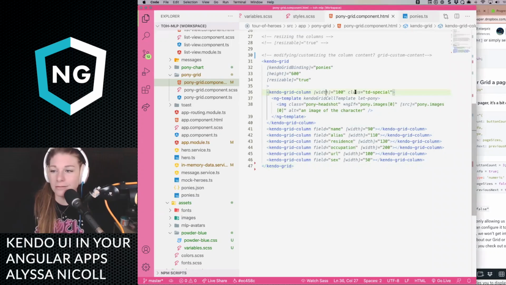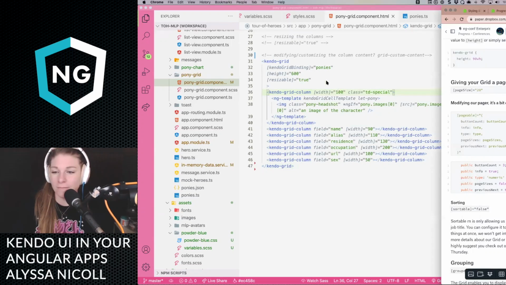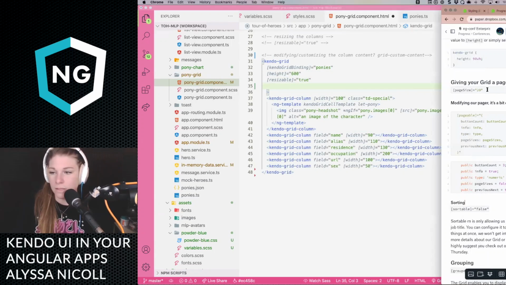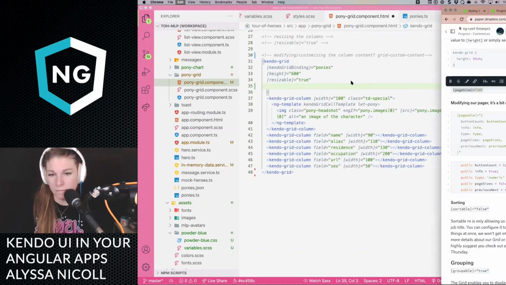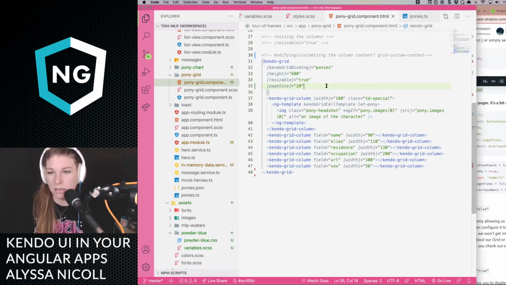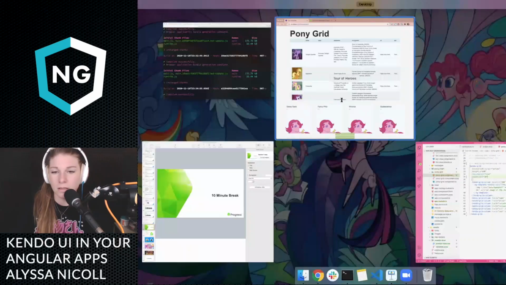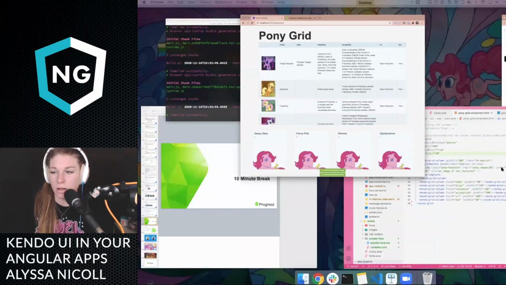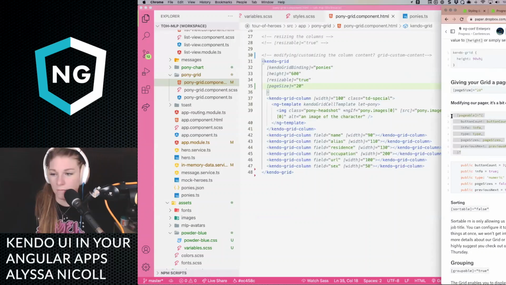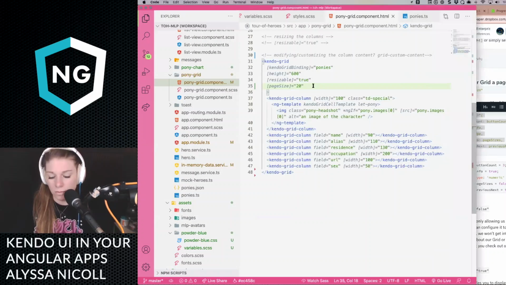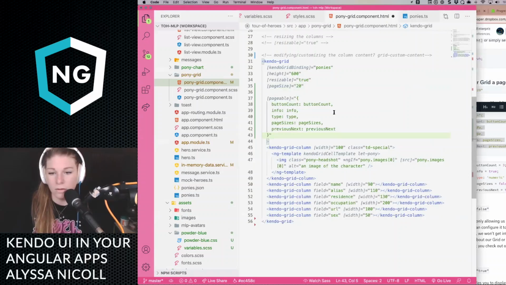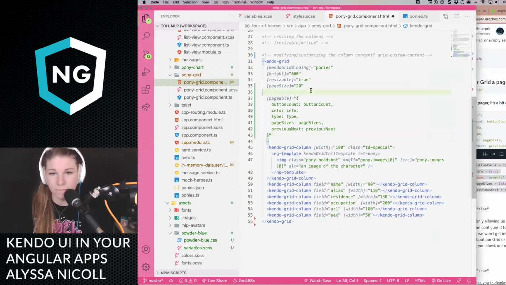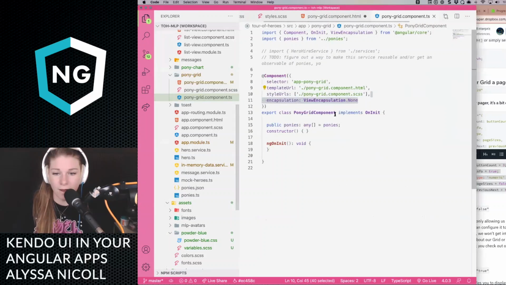So let's go ahead and do some fun things to our grid, right? Let's give it a page size, and let's see if we actually need to turn on the pageable items as well, I believe. And let's go ahead and put in some variables.